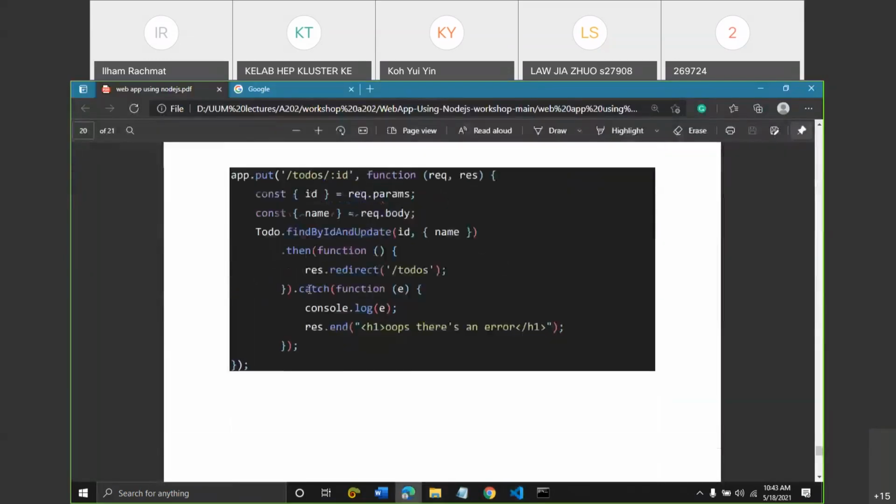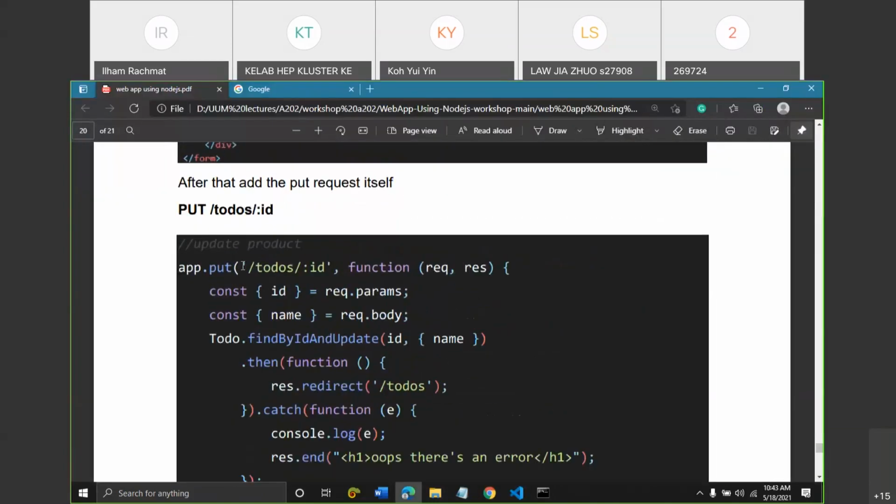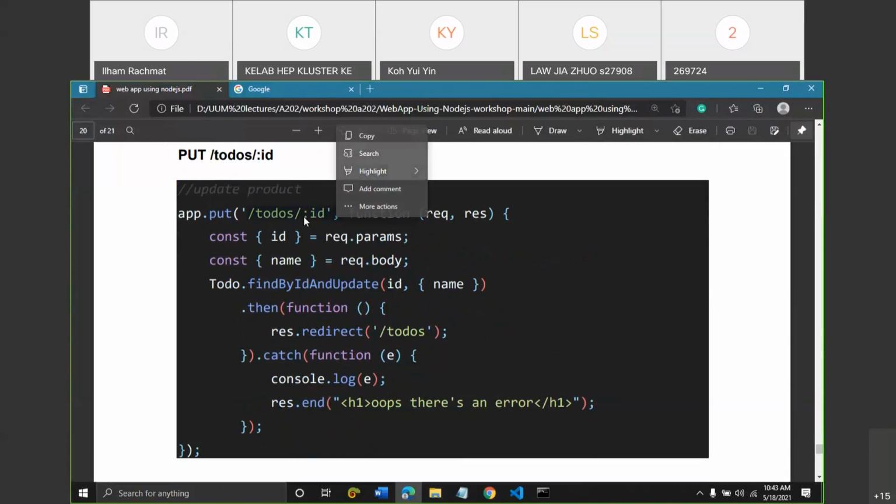So go back here. When we hit the PUT route, I mean the PUT to-dos ID route, what happens is that we pass the function here. When we hit this route, this function will be called. That's why it's called a callback. If you have ever heard of the term callback, it will call this function, and then you pass this